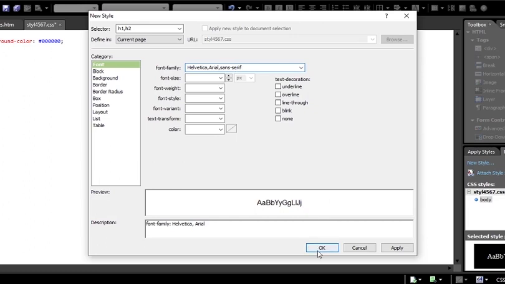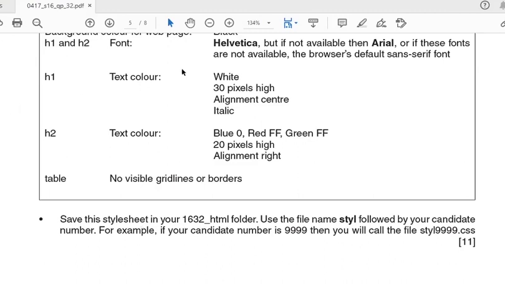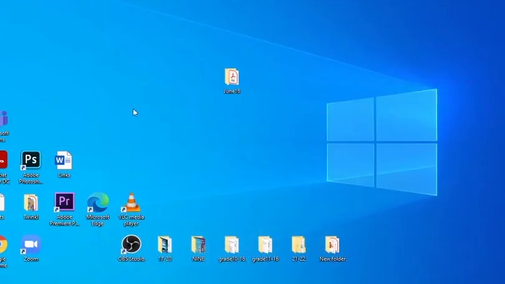Control V. Press OK. So you can see the same font will be applied for H1 as well as H2. Next is H1: text color white, 30 pixel high, alignment center and italic. For this,